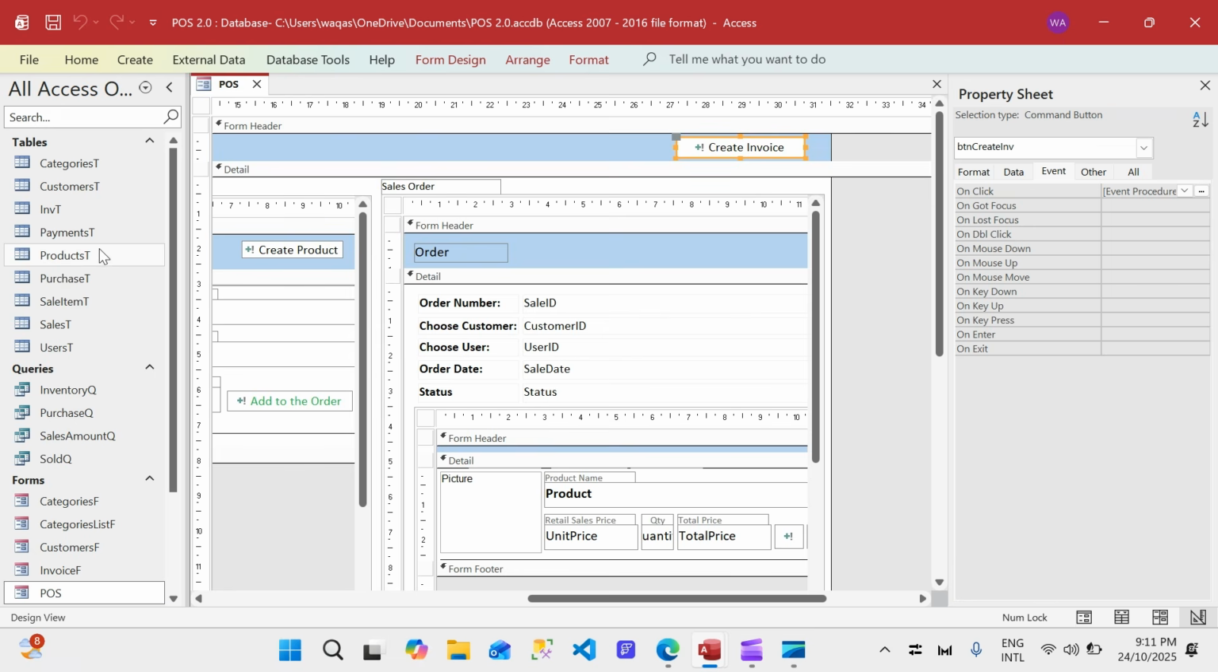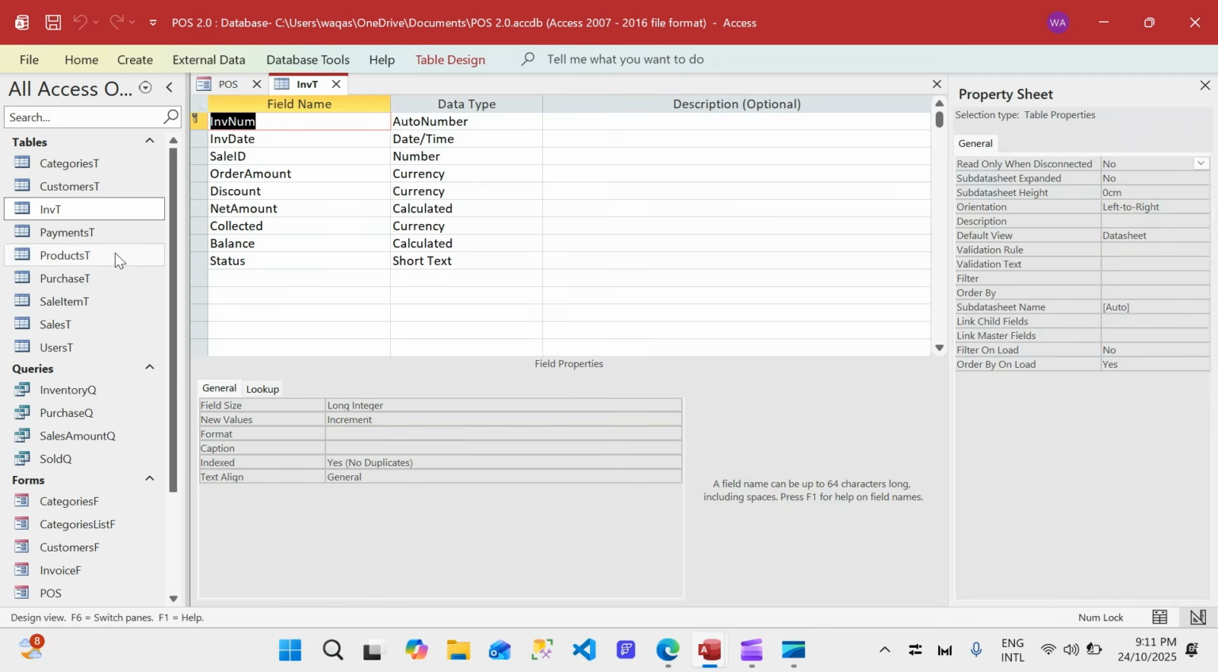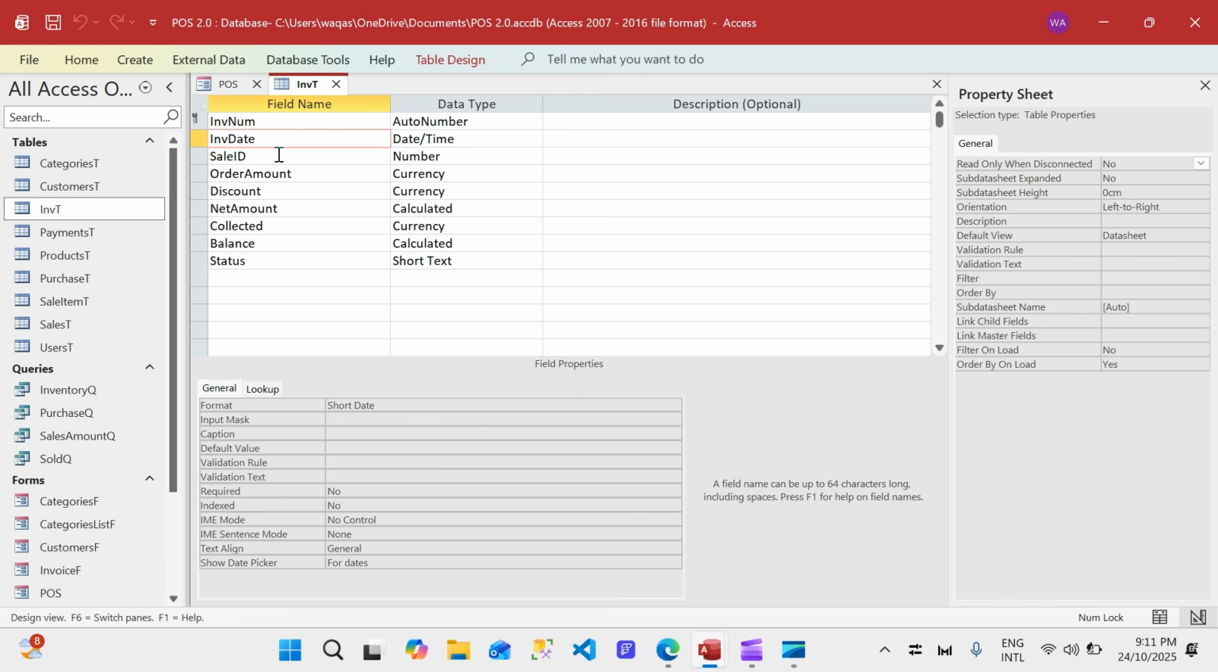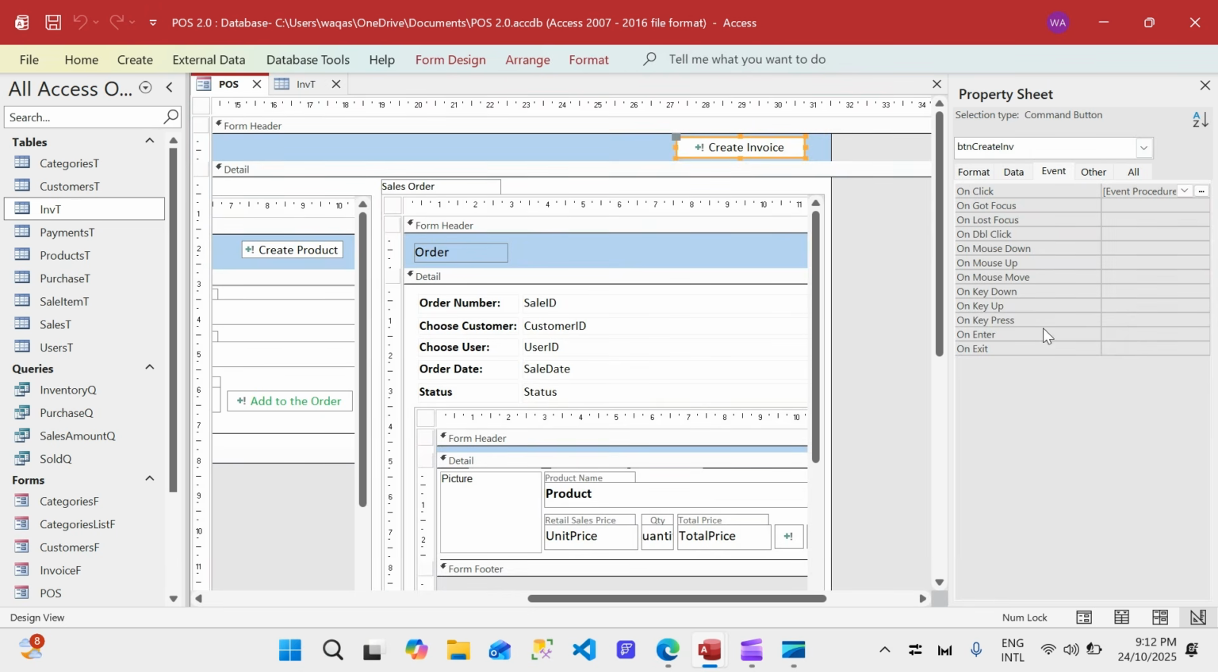What is the code we are going to write? Well, we will have to fill up this invoice table. And what information are we going to copy? We're going to copy invoice date, sale ID, order amount, discount, and collected. So basically the fields that are not calculated, we will copy the information in those fields. So let's go back to the VB editor,